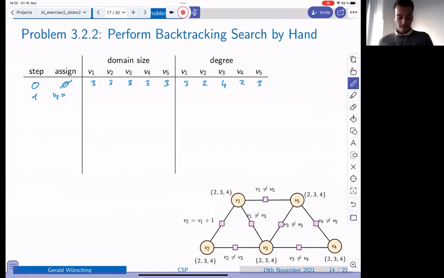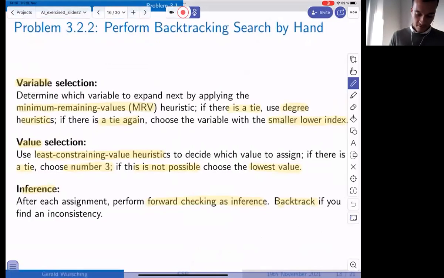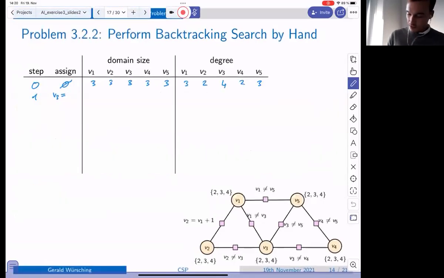Now the next step is value selection. Again, we use least constraining value as a heuristic first to decide which value we're going to assign for v3. If we take a look at the graph on the bottom, here's v3. We can choose between values 2, 3, and 4.